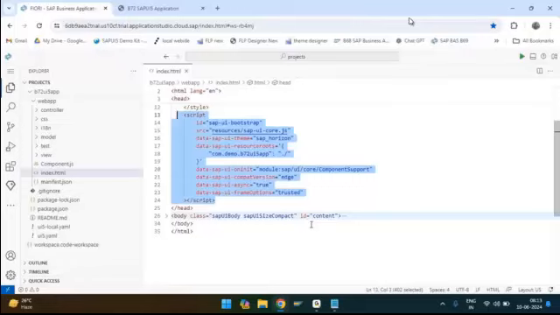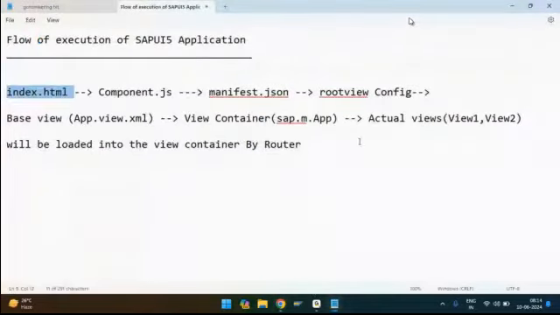The script tag from line number 13 to line number 24 is basically loading your SAP UI5 runtime libraries. So this loading of SAP UI5 runtime libraries,